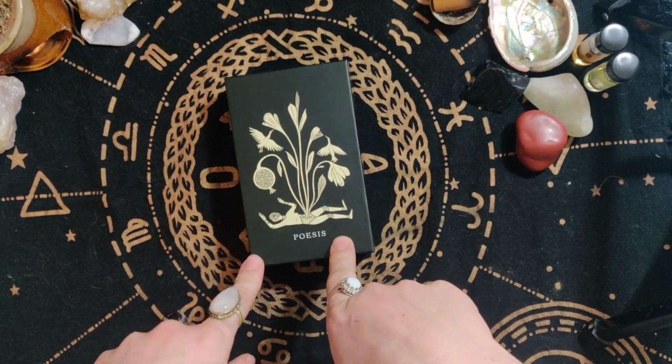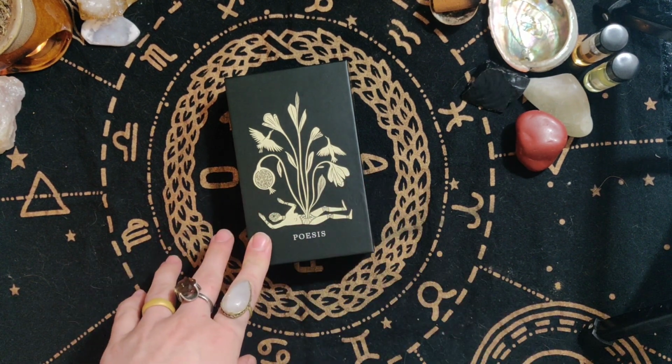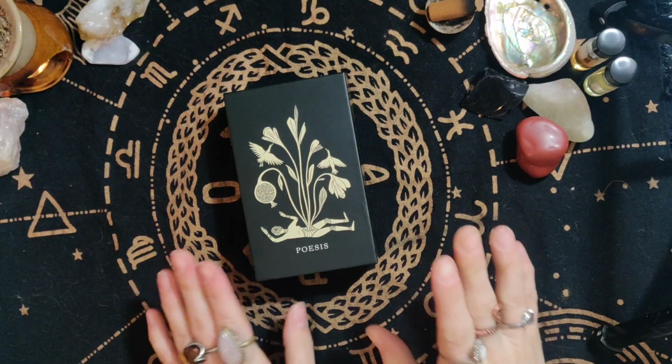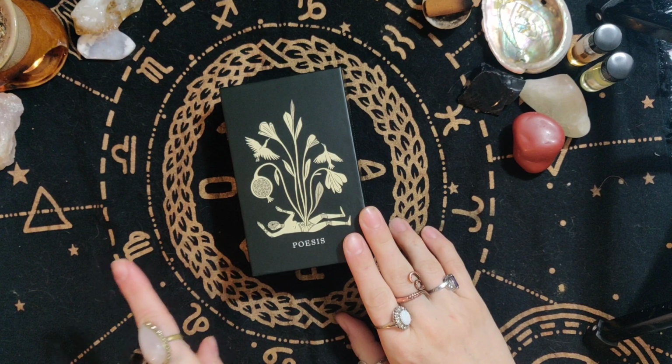I've shown it before. I don't want to spend too much time with it. I've talked about it a lot before, so we'll just do a quick flip through some cards. I'll be right back. So the Poesis Oracle I bought at the same time as the Outlaw Oracle with the